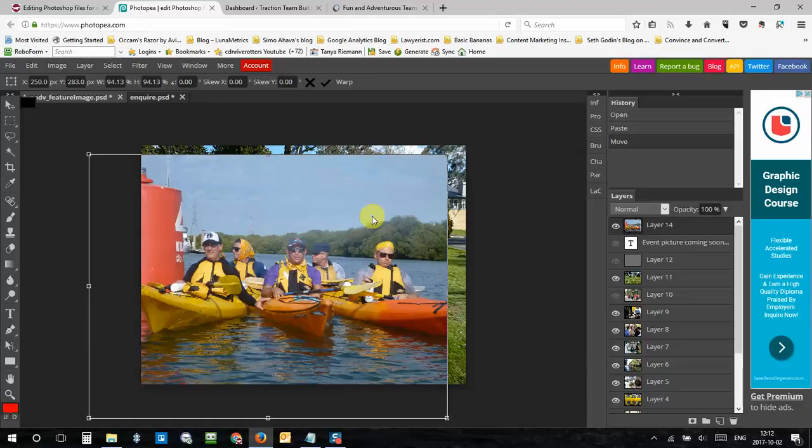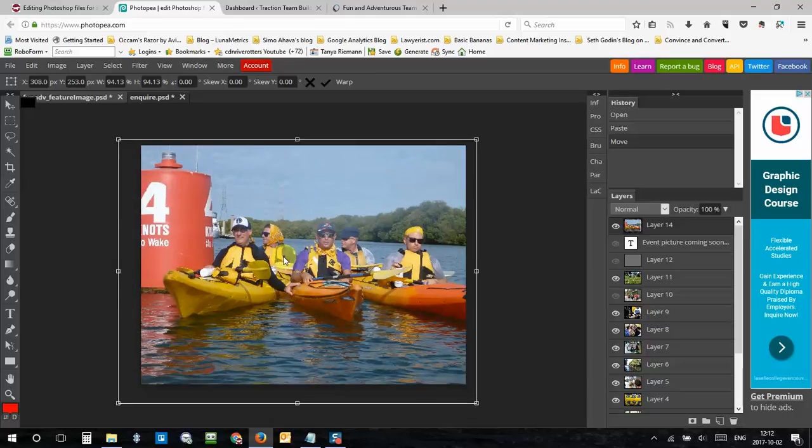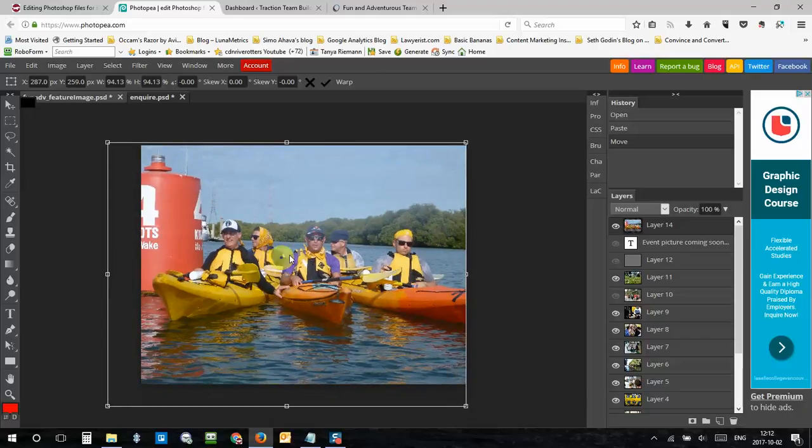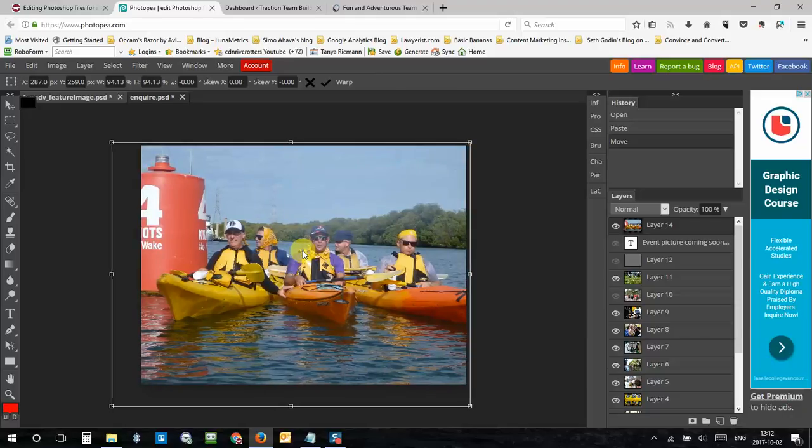Let's say I'll just resize it a little bit. I'm not going to resize it a lot. So there we go. We get a little bit more of the buoy in place. And if you want, you can always use your arrow keys on your keyboard for a little bit more fine tuning, up, down, left, right. So once we have the image that we want, then essentially what we're going to do is we're going to